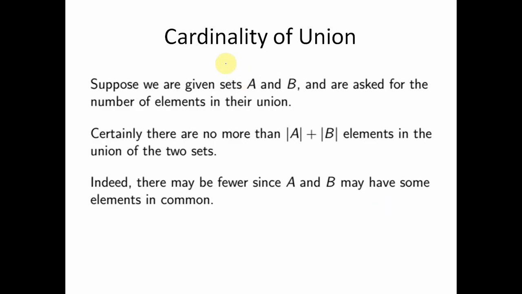So basically what the principle of inclusion and exclusion is trying to do is find out the cardinality of a union. What it says is, suppose we are given two sets A and B. There are some number of elements in A and some number of elements in the set B. You know that there are some number of elements in the set A. This is called the cardinality of A. There are a certain number of elements in the set B. That is called the cardinality of B. Now what if I ask you, what is the cardinality of A union B?